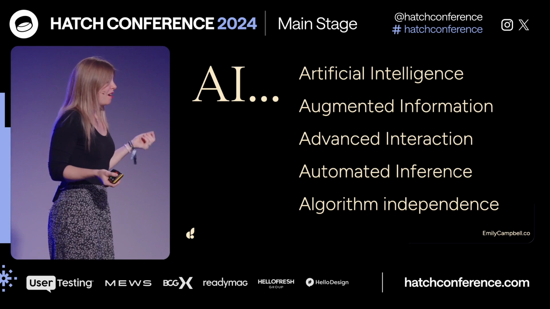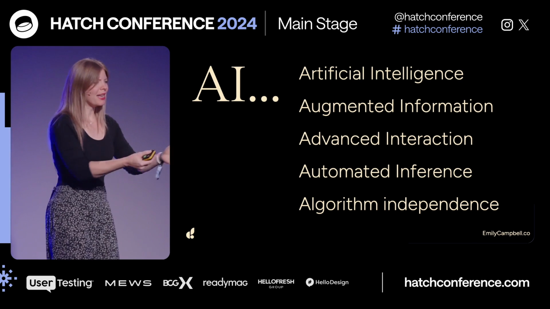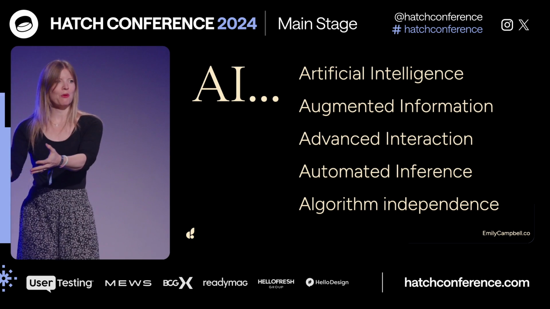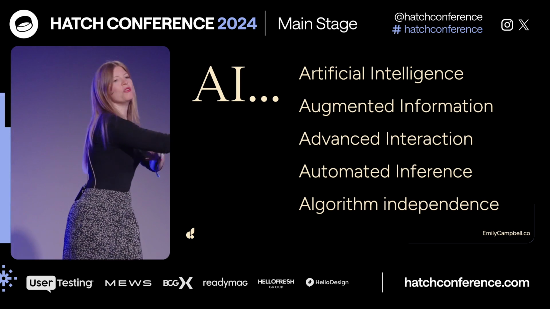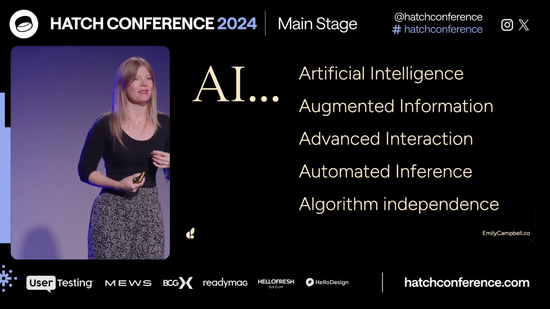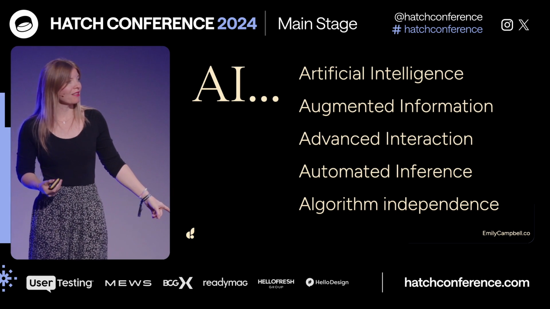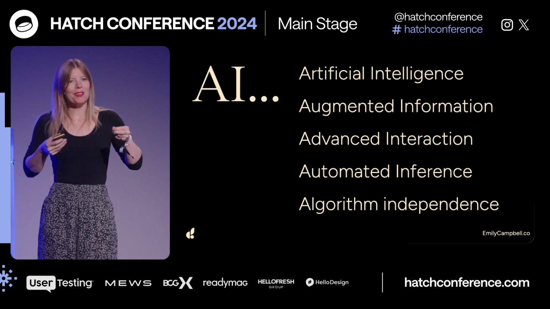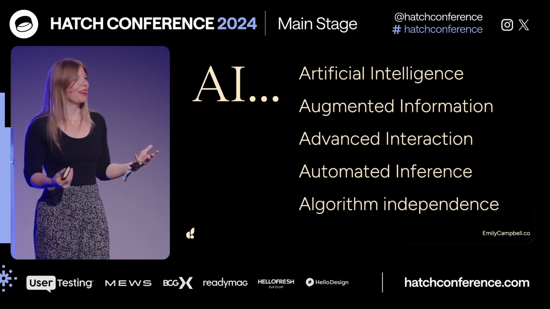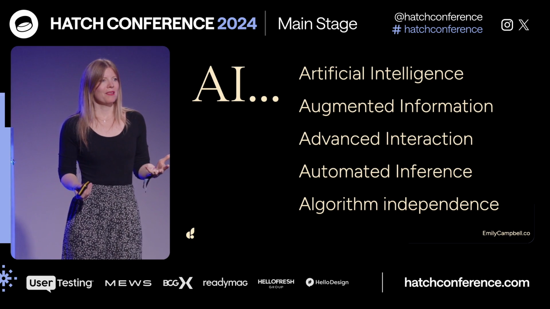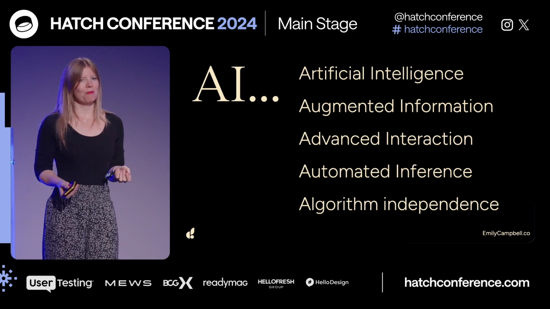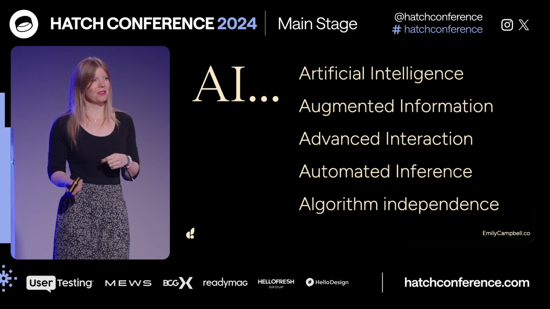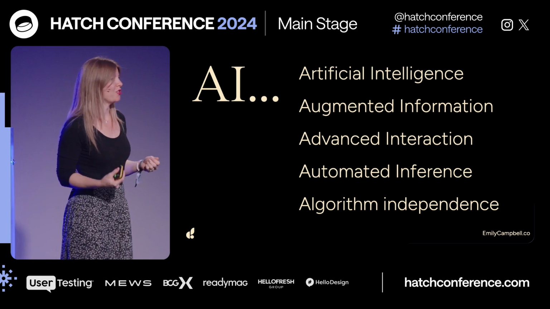What if it was augmented information? I can take something and I can turn it into another form. I can take something and I can use it to go and find other things more easily. What if it's augmented interaction? I can now interact with computers and with products and with each other in new and different ways, right? How does that change our perception of it? And what parts of the scary stuff still stick around and maybe which feel less daunting?